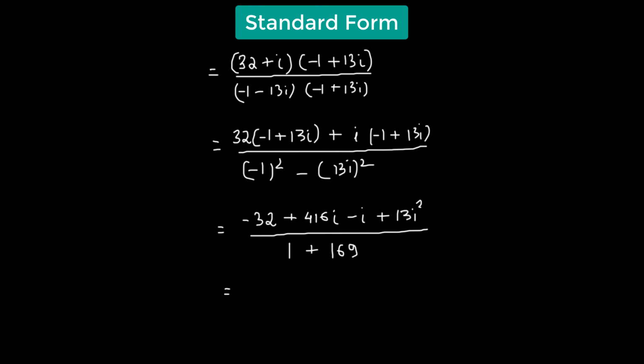So we have finally -32 minus 13 plus 416 minus 1 whole multiplied by 1 divided by 170. So that should give us